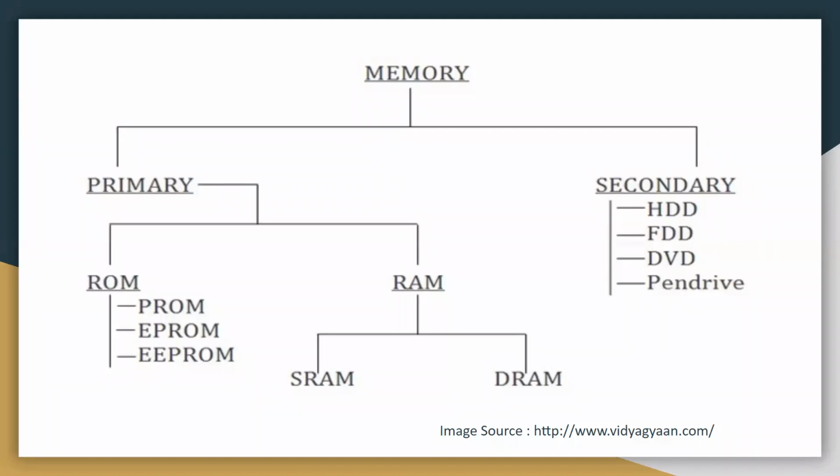SRAM uses 6 transistors and no capacitors. Since you are using transistors, there is no leakage, and they don't need refreshing. So in SRAM, you don't need to refresh it on a regular basis. However, the manufacturing cost is always higher compared to DRAM. So in short, SRAM has a longer life. You don't need to refresh them. They are faster in terms of access. It is used as cache memory. They are usually large in size. They are expensive in nature and require higher power consumption.